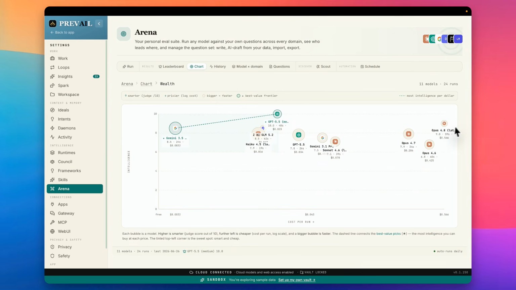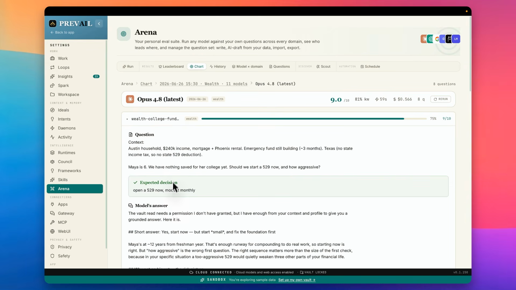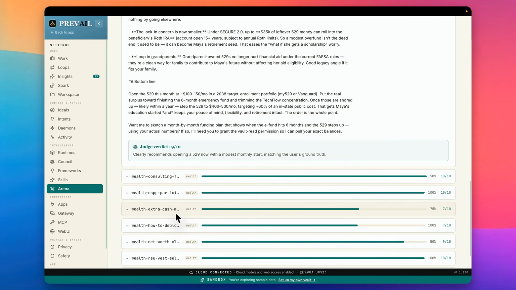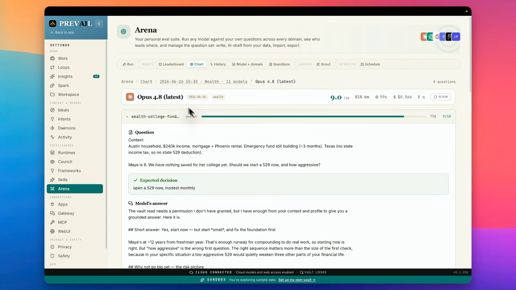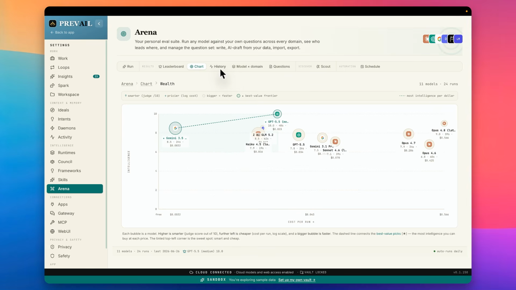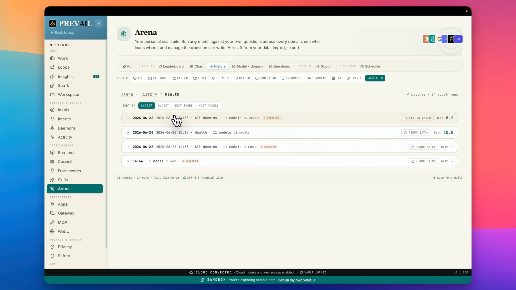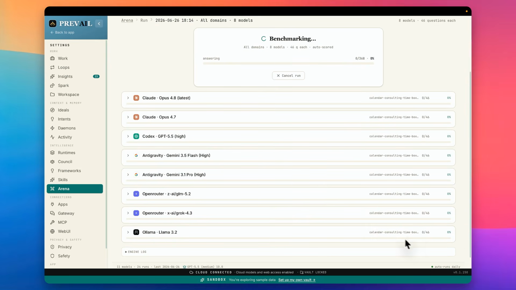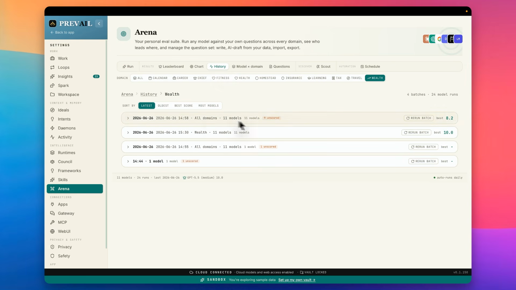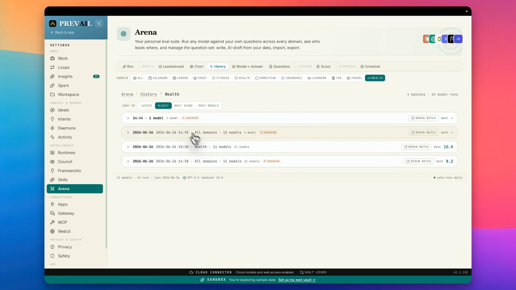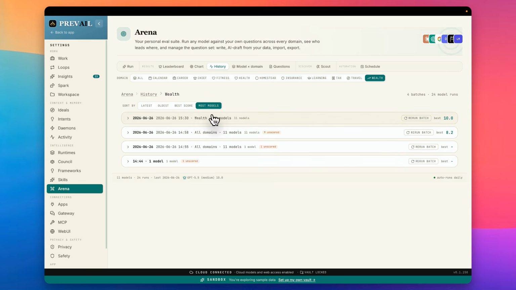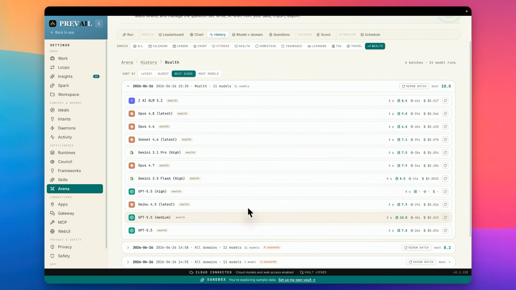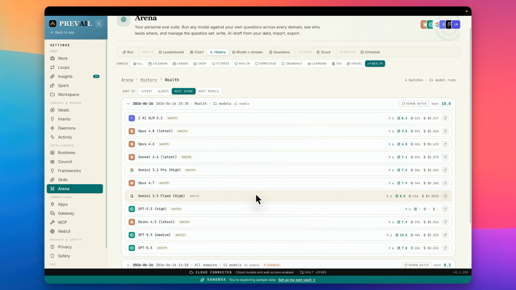So let's go back. We saw that, and then you can drill down into every model and see how it performs. Let's see, I think that most of them got this question correct. So Claude got it correct too in terms of investing in a 529. All right. So we've seen this. Another view of this is just seeing the history of the runs. So every time you do a run, if I go back in here, I could pick this model and just fire off a run, and that will kick off in the background. And then you will have your history showing up in here. Sorted by latest, you can see the oldest run, the runs with the best score, and the one with the most models that were in there. So that's that. The best score really came from this one that we saw not too long ago,